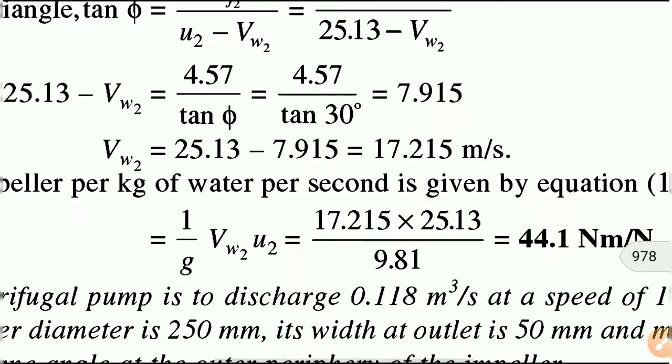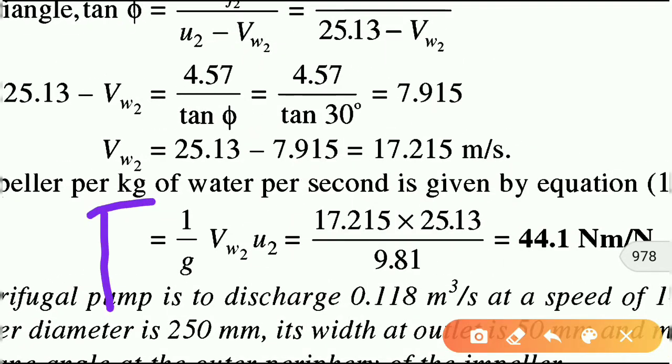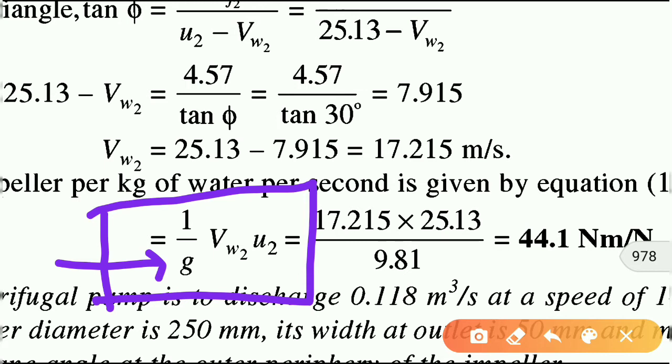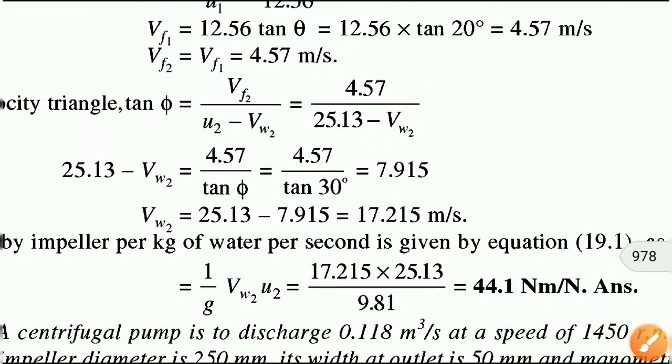The formula for the work done per second is given by 1 upon g Vw2 u2 in case of a centrifugal pump. In this case g is constant, and u2 is the tangential velocity at the outlet, which is also known, as we found out above. So the only thing we don't know is Vw2, the whirl velocity at the outlet. So how to find this? To find the whirl velocity